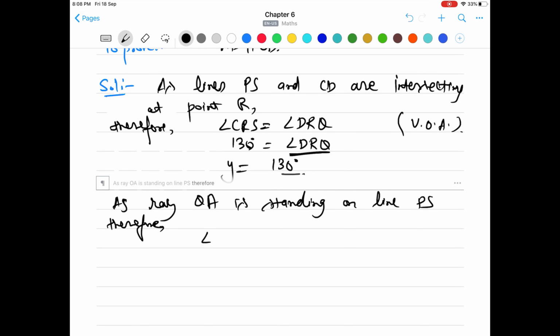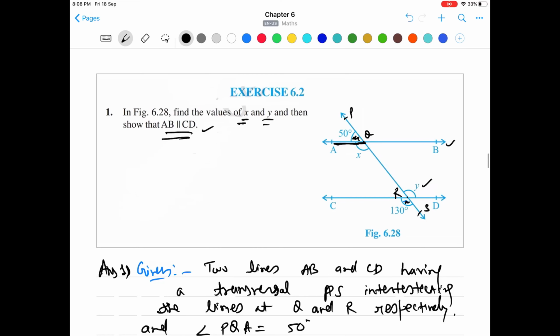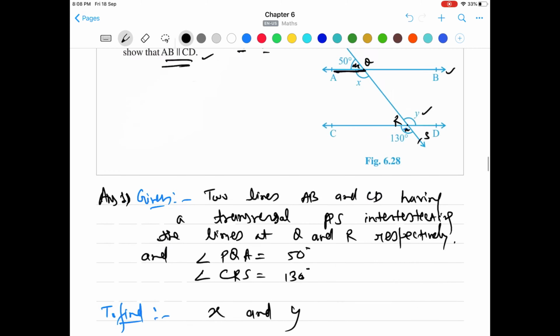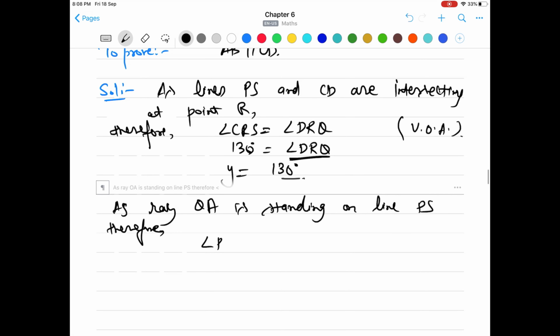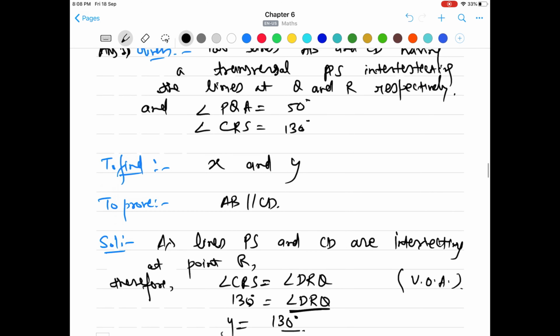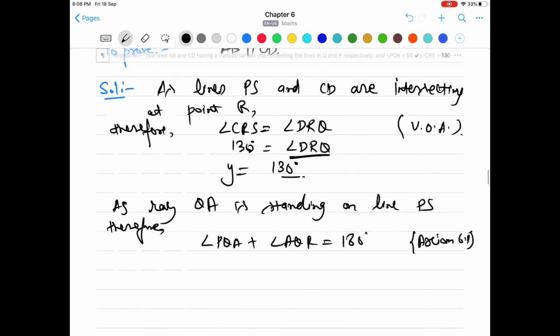the sum of angle PQA and AQR, the sum of angle PQA plus angle AQR has to be equal to 180 degrees. This is axiom 6.1, which says if a ray stands on a line, then the sum of two angles so formed is 180 degrees. So angle PQA is given, which is 50 degrees. Okay, angle PQA is given here, which is 50 degrees,